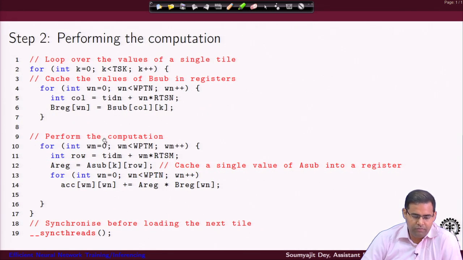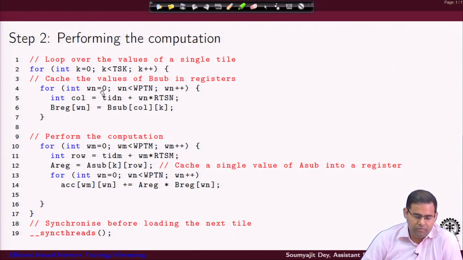Once the loading is done, you are going to run this computational loop where you are actually going to perform the multiplications, and for that, this is your outer loop. Inside the outer loop, first notice that the outer loop is definitely going to run for k values, up to TSK, that is the tile size in k. And then because again the next tile will load, and again you are going to run this for TSK, and that's just like how you do computation with tiles, as we all know about.